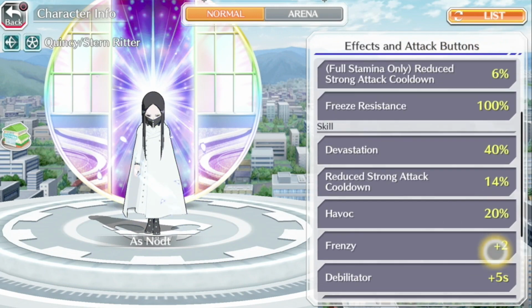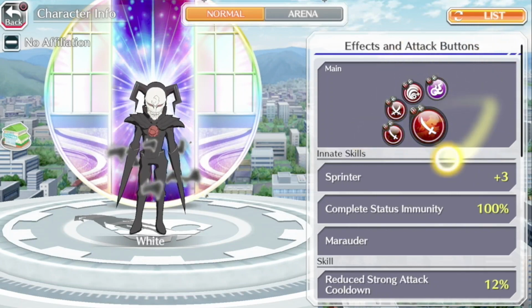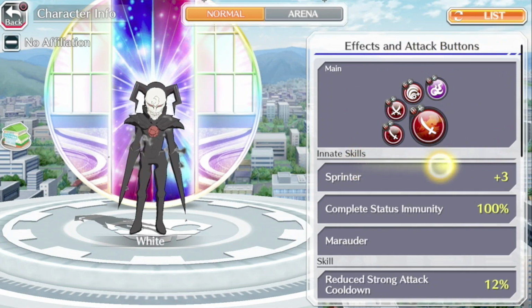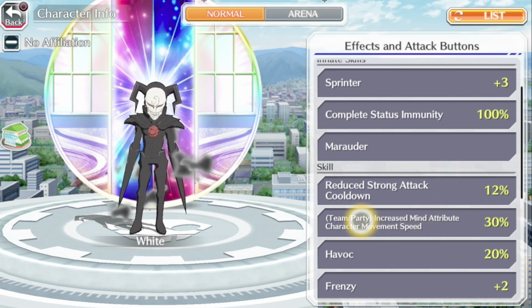pressure boost. And you also have the 8th anniversary White, just a melee unit with lacerate and drain on all of his abilities. I've done countless videos on this unit and you know how good he is. Still, in my opinion, the best mind unit in the game, and definitely top 3